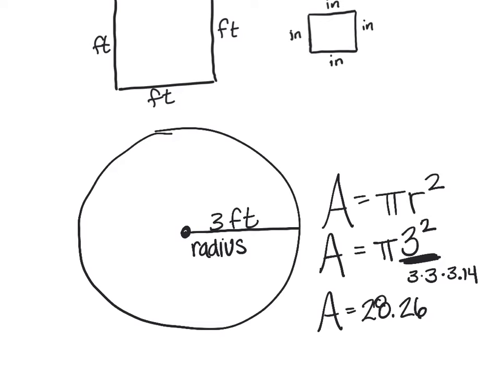84.7. You hit too many threes. If you got 80 something, you hit too many threes. Now, remember, this is area. Area is measured in squares. So if I go to Lowe's, I'm going to tell them I'm going to round it up, but you wouldn't really round on this problem. I need 29 square feet of tile for my shower. So my answer is